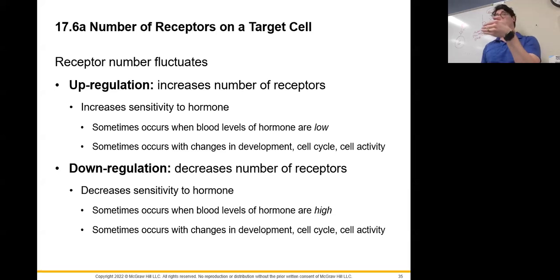But we can also regulate the effects by doing the same thing with the receptors themselves. If we want to have fewer effects of insulin, we can just make fewer insulin receptors. So we could down-regulate the number of receptors to decrease our sensitivity,